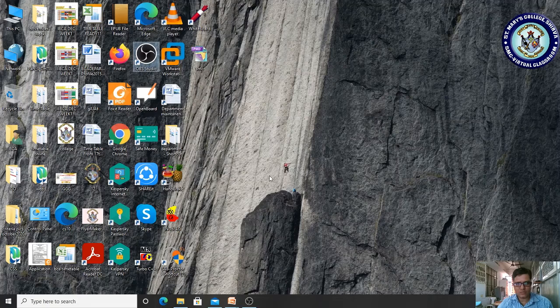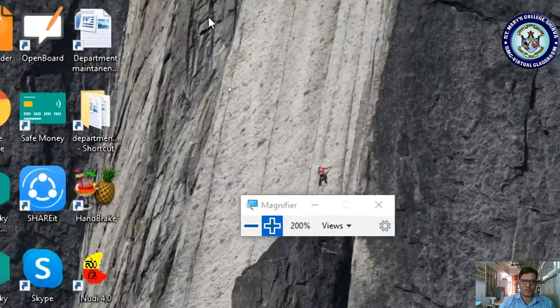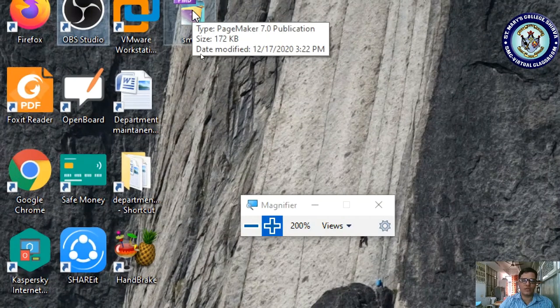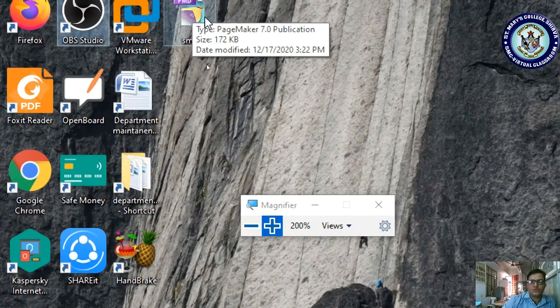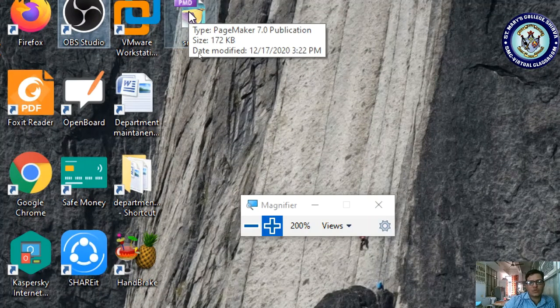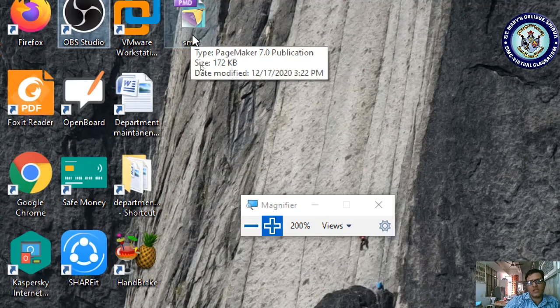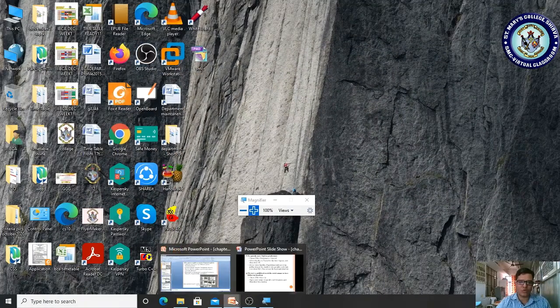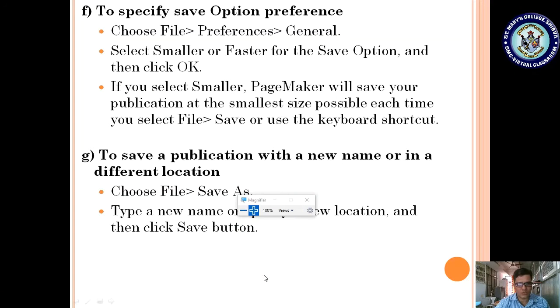Show the desktop. Here on the desktop, yes, our content is stored. Here you can see our SMC. If you observe, we have not chosen any preference while saving, so that is why it is consuming 172 KB, which means it is faster. Okay, it has been saved as a publication, and it has been saved with the renamed name SMC. So likewise, wherever you want your document, you can store it.